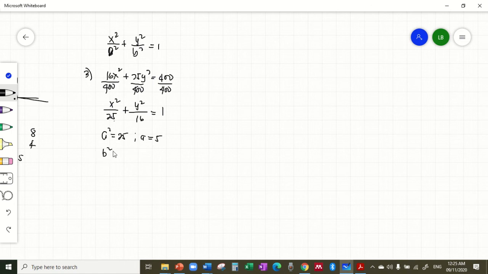Again, b squared equals 16. So, b equals 4. So, c equals square root of a squared minus b squared. So, c equals square root of 25 minus 16. So, c equals square root of 9. So, c equals 3. And then, pwede na natin i-graph. Okay? So, same procedure na lang doon sa ginawa